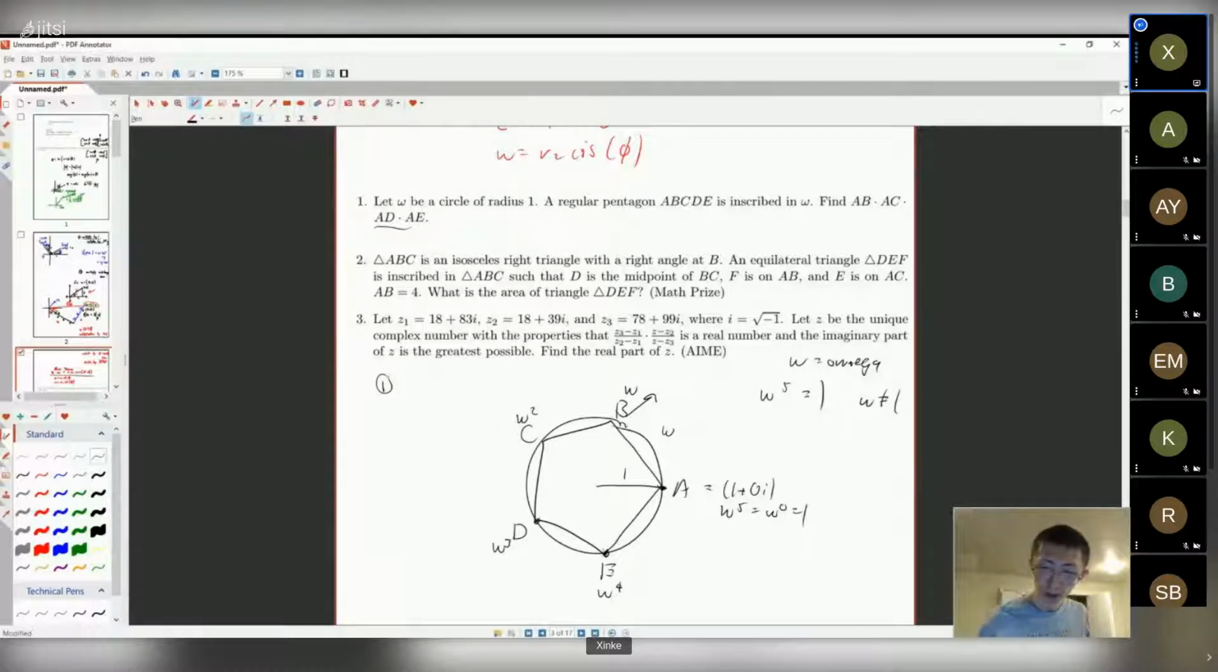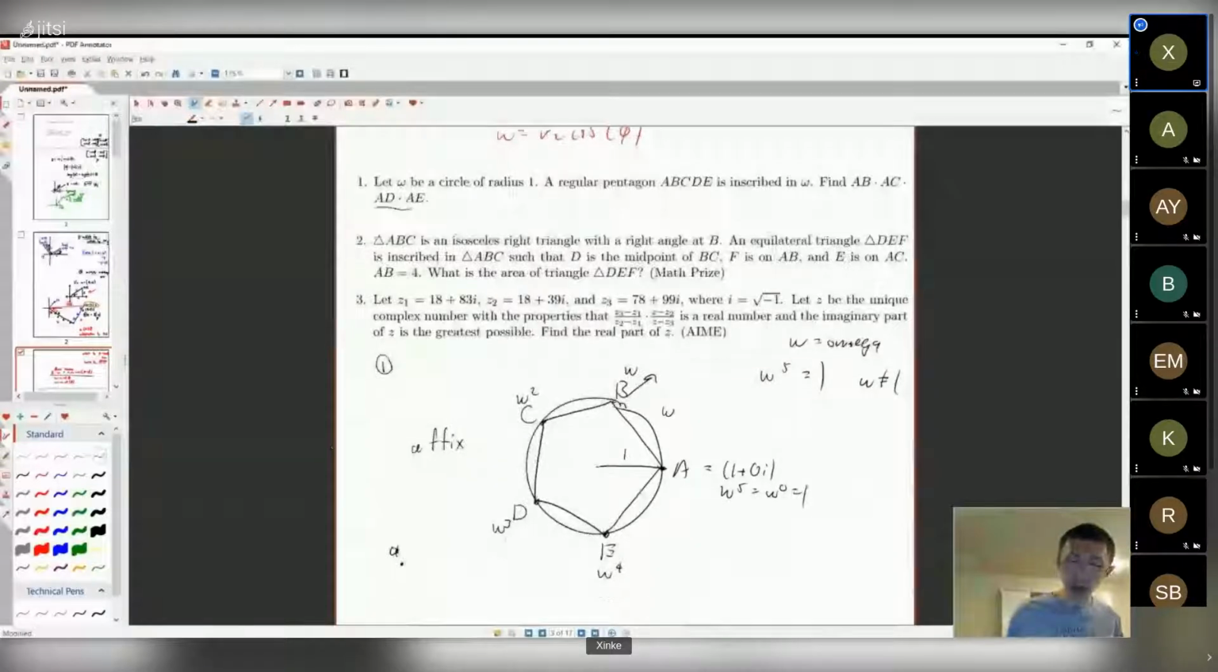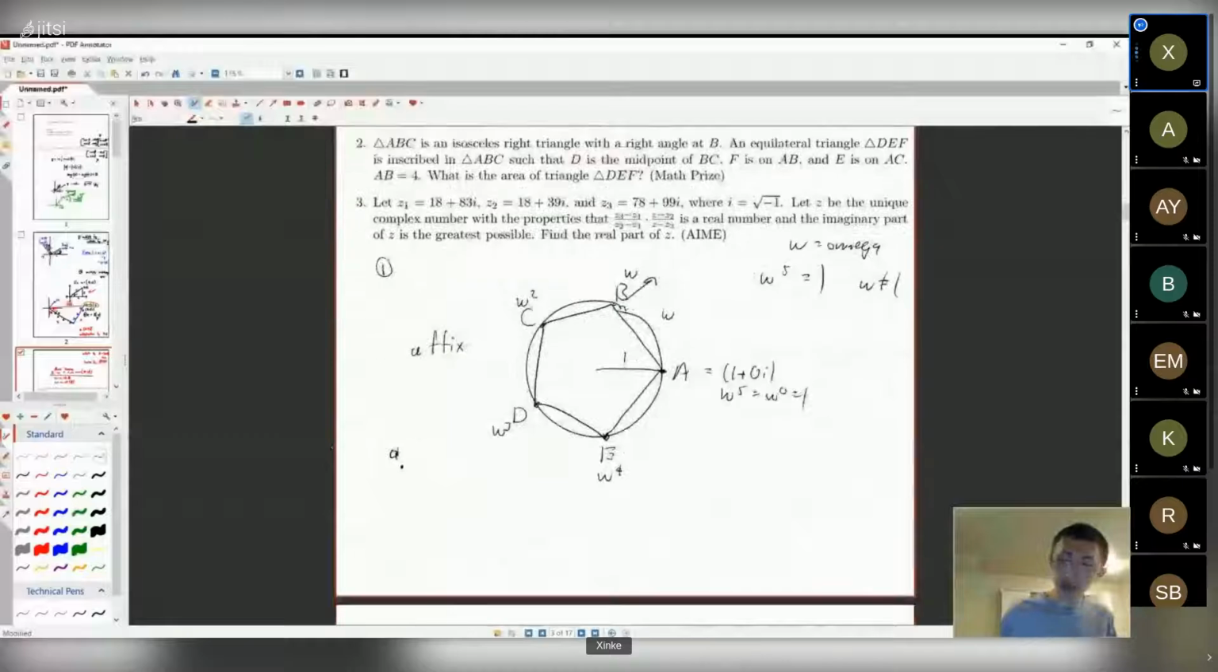Some people call it the affix of a complex number. You could say, if you want this point in the complex plane to be A, you just say A is the affix of that point or something. I don't know if people use that word anymore, but anyways, everything is on the unit circle with magnitude 1, and they're all 72 degrees apart. So what we want is